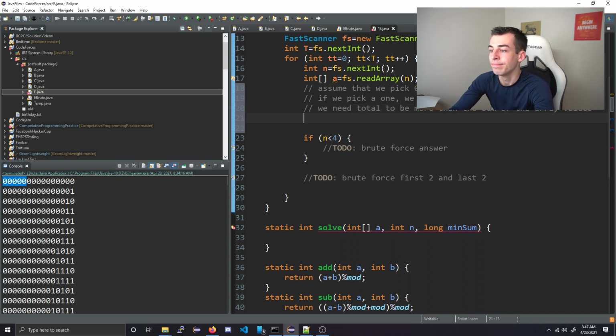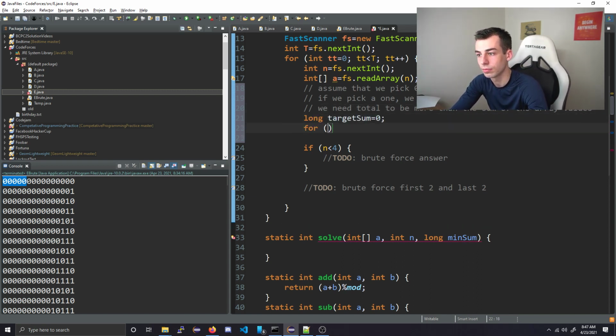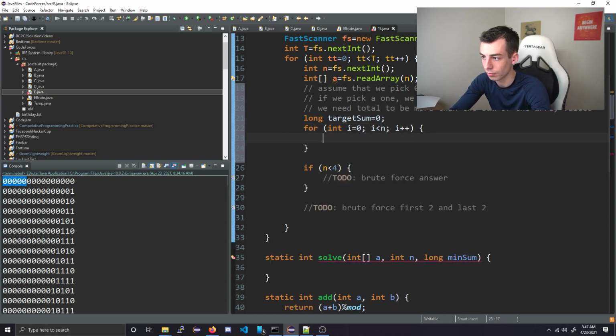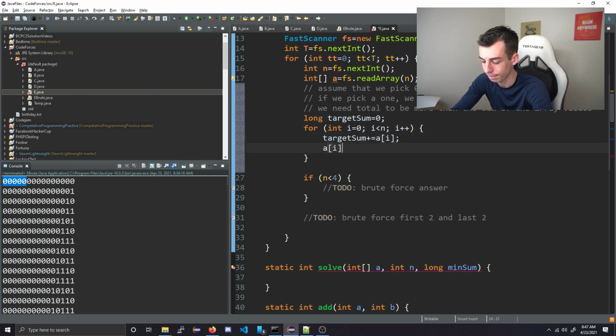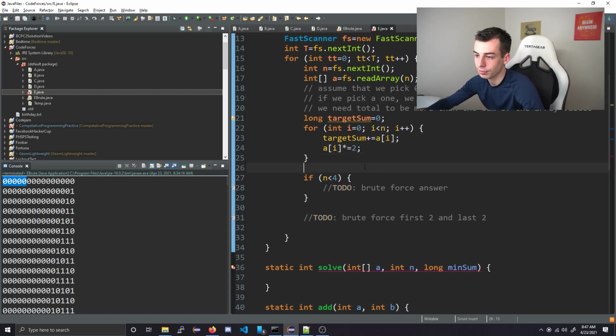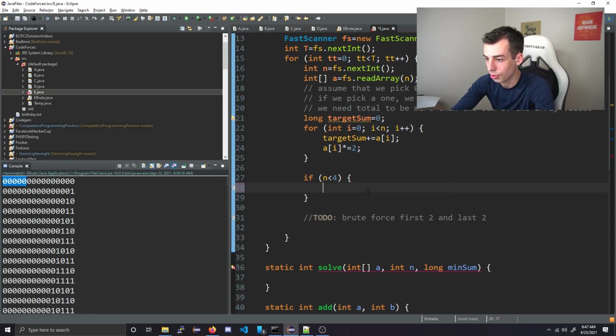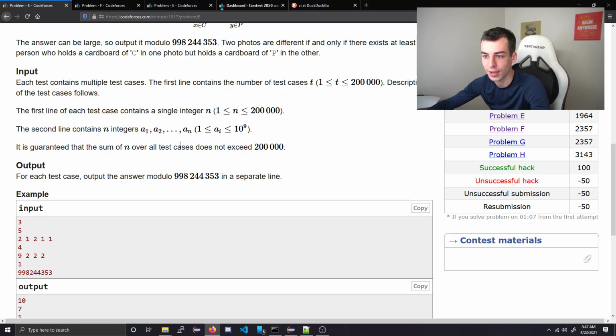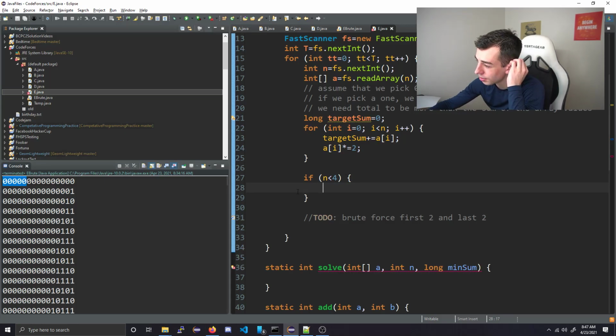Okay. Cool. So if n is less than this, we can brute force the mask. I guess this is pretty simple, right? So if n is less than 4, are all these values positive? They are. Okay, if n is less than 4,